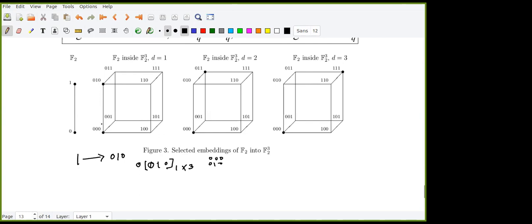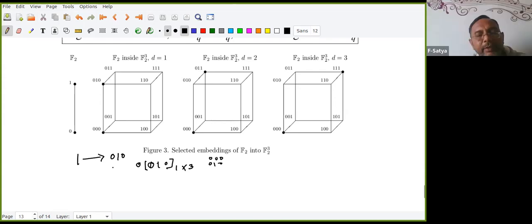1. Okay, between these two the distance is 1. See, try to understand. My k is equal to 1. Now onwards, k is the dimension of the domain, and n is the dimension of the codomain. n equals 3 here in all these problems. Okay. Now which one is changing?